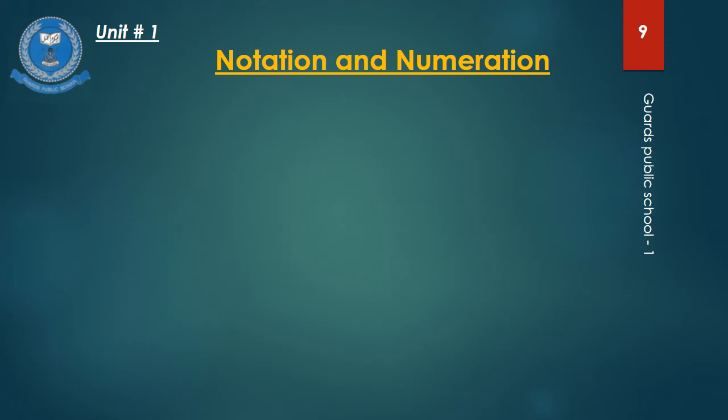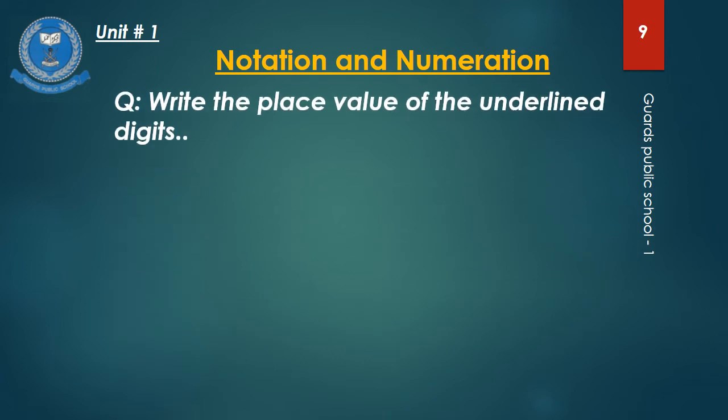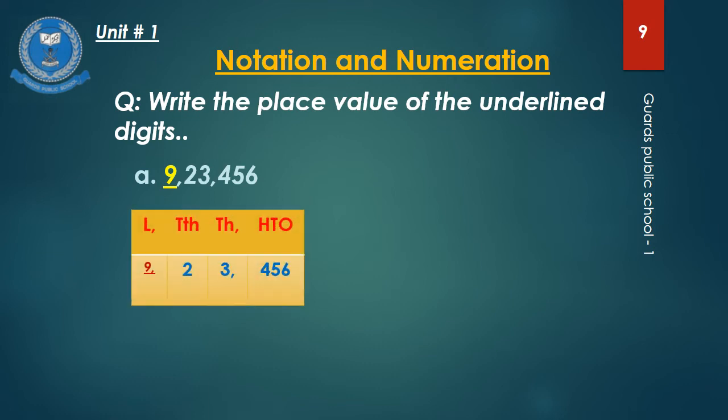Let's start writing the place value of the underlined digits in the following 6-digit numbers. As the commas clearly show, the numbers are given in the Pakistani place value system. In the first one, the underlined digit is 9. For giving the answer correctly, I will read the places from the right hand side like 6 ones, 5 tens, 400, 3000, 210,000 and 9 lakh. In this way, I will clearly know what the value of the underlined digit is without making any mistake.